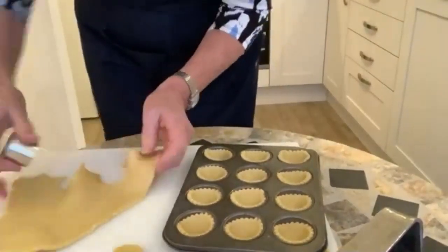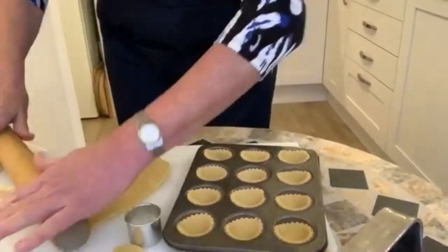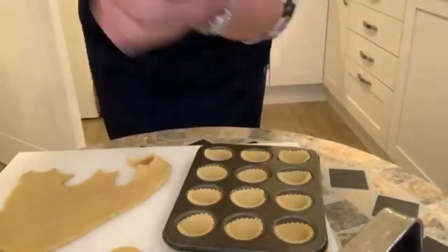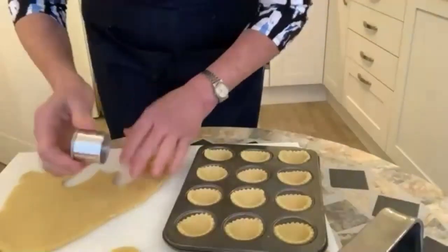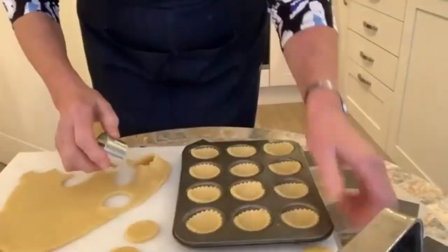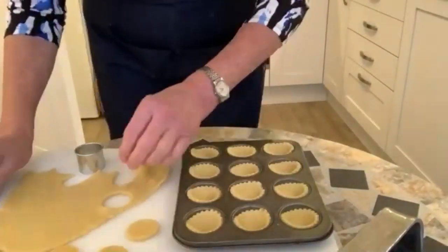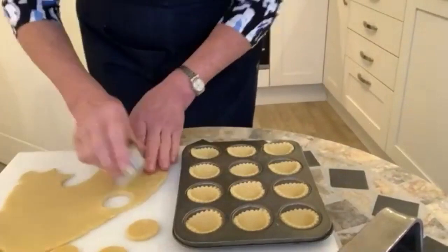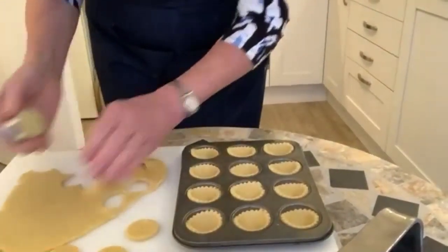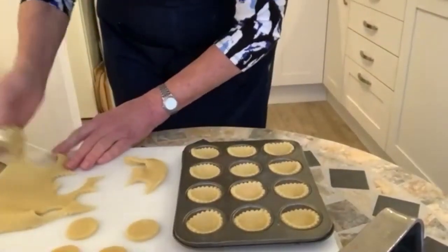Now these are cutters that I've had, again, for a long time, but you can find various things. If you haven't got a cutter like this, you can even use perhaps an egg cup, anything that's going to fit your little baby cases at the bottom. And I'll show you how that works when I put them on. So just cut them out and then put in the